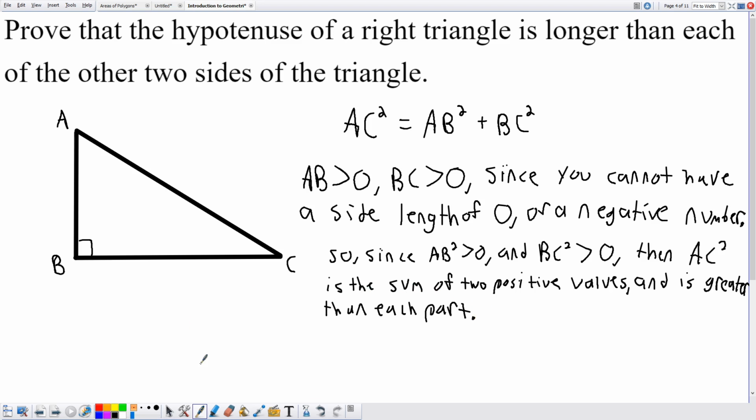So what this is saying mathematically is,